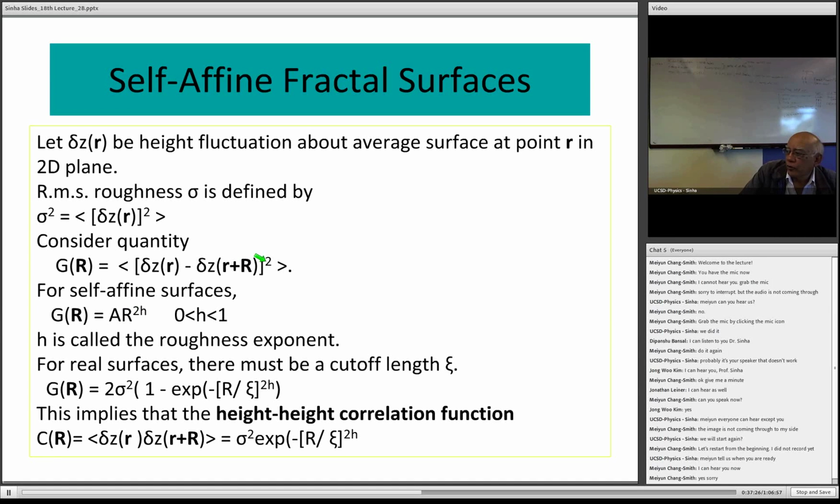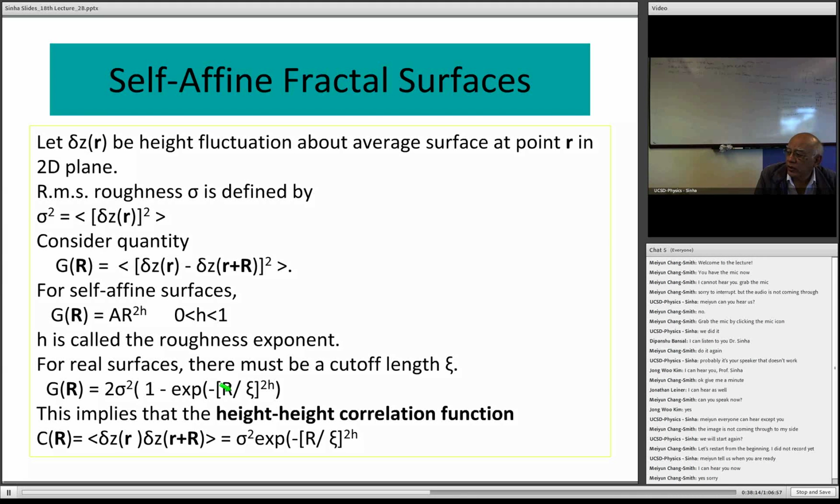Okay, so for real surfaces, however, this can't go on indefinitely, otherwise this thing would diverge, and all surfaces are finite, or the roughness correlations essentially die away as you go out in separation. And so there in general is a cutoff length, which we call C, and the way to introduce this cutoff length phenomenologically is to say that G of R is given by this expression. So you can see that when R is very large, this exponent, this is a kind of a stretched exponential function, which makes it a bit complicated,